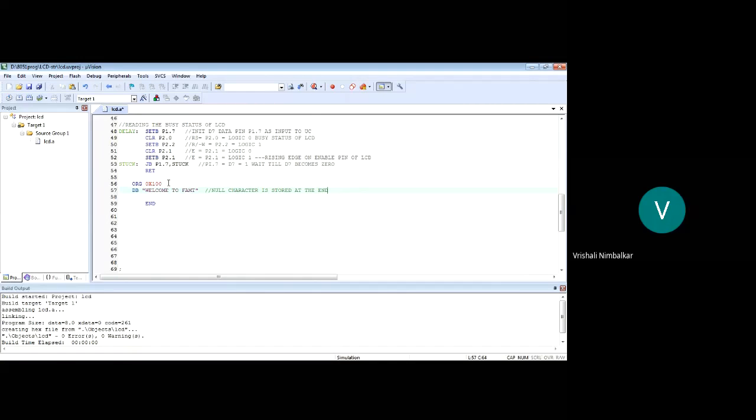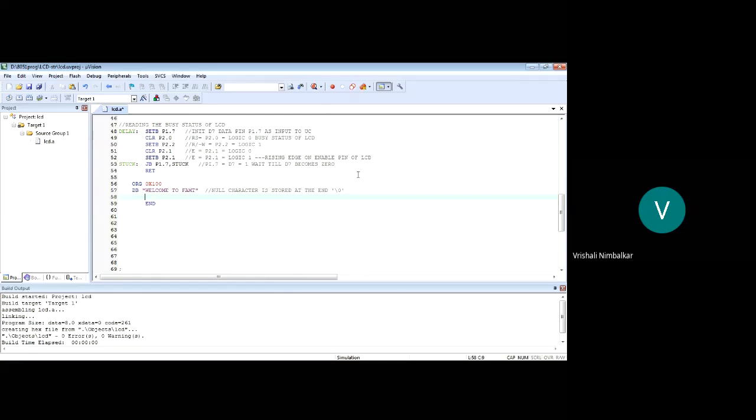If I'm having 15 characters, the storage will be 16 characters, and the 16th character is the null character. How do you represent the null character? I write it in single quotes, '\0'. That's the null character. So always remember, students, whenever you put a message in double quotes, the storage is those many characters plus one additional null character at the end.